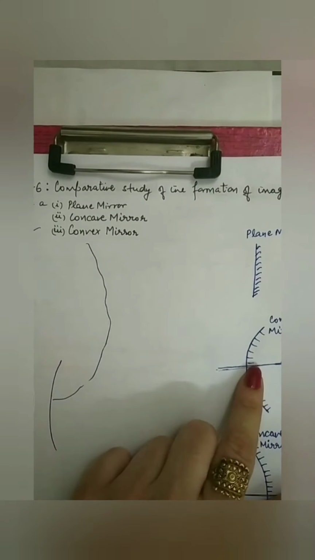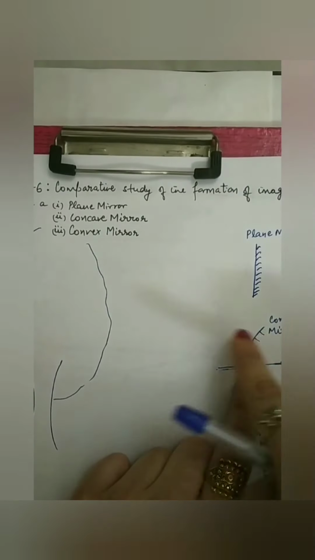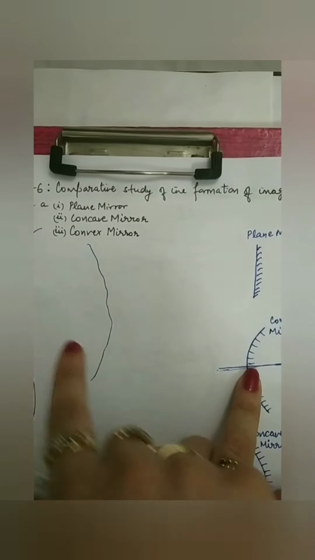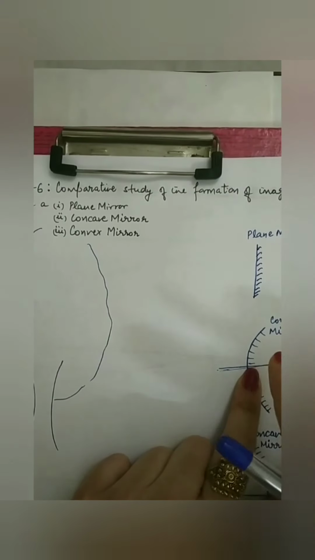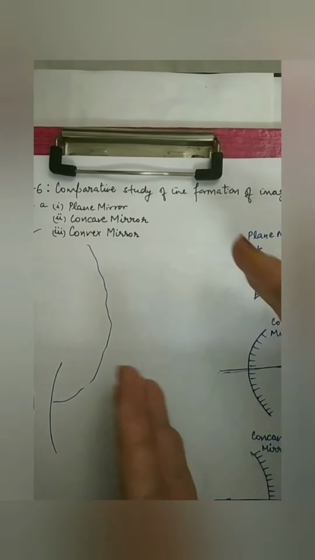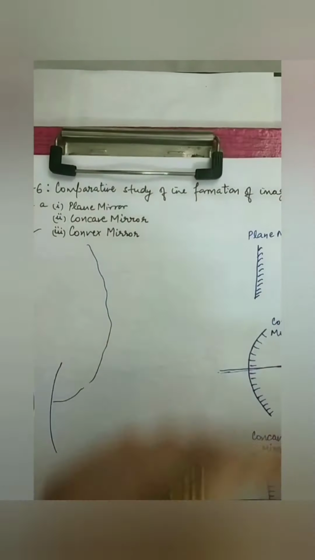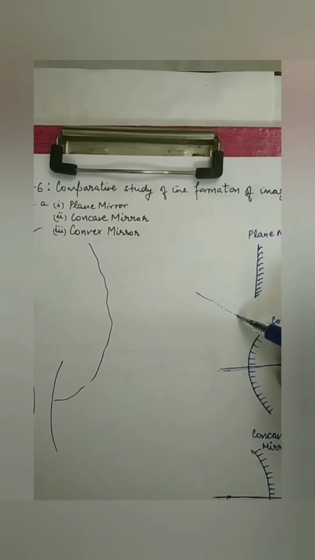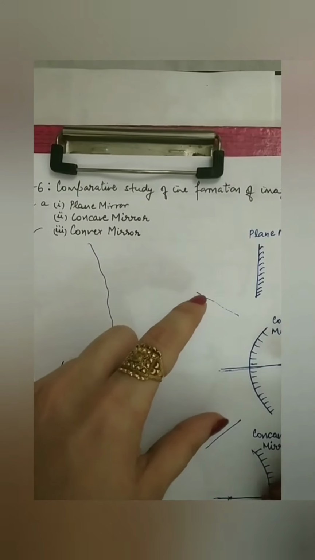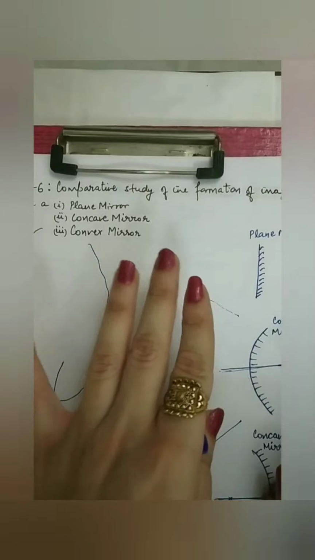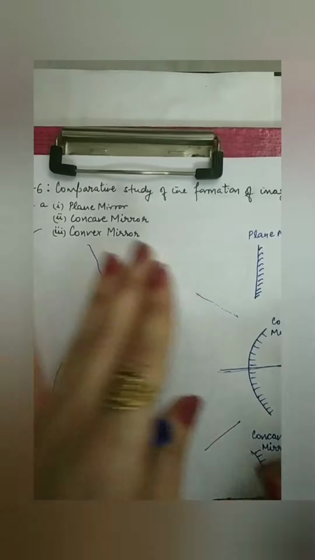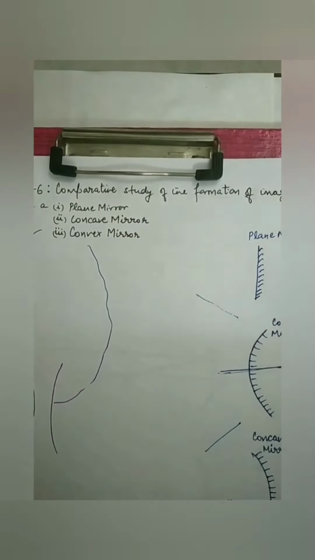Next, when we see a distant object with a convex mirror, we can see the full length image of the distant tree, because convex mirrors have a wider field of view. It always forms an erect and diminished image, and we can see the virtual, erect and diminished complete image of the tree in a convex mirror.